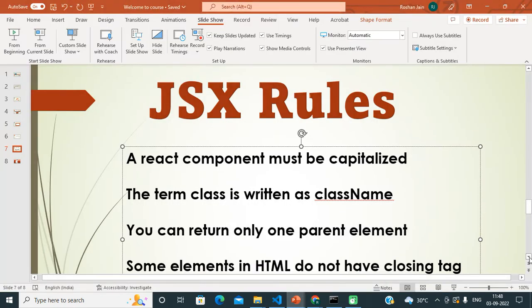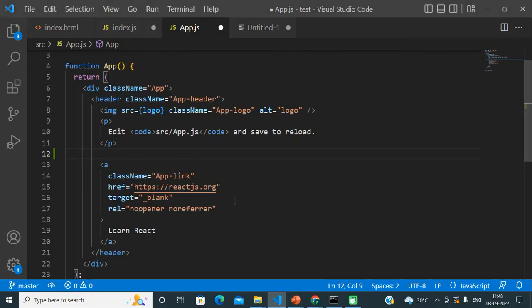Then we have another rule, that is the term class is written as className. So friends, in JSX, whenever we want to bind any CSS class to our HTML element, in that case we have to use className, okay, instead of normal class. So in normal HTML, CSS, JavaScript, web development, we bind a CSS class with the keyword class simply like this, but in JSX